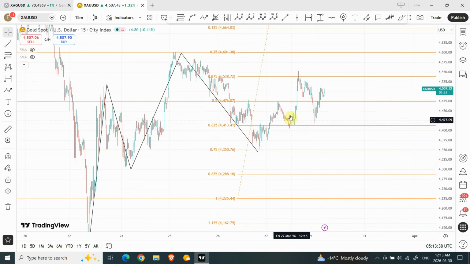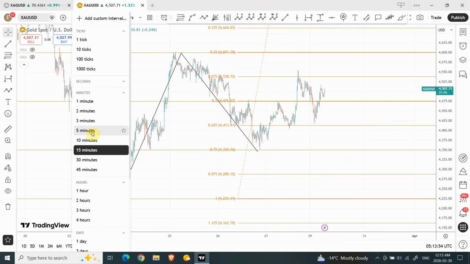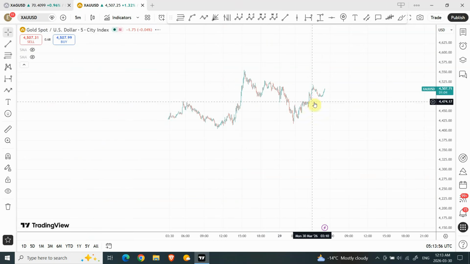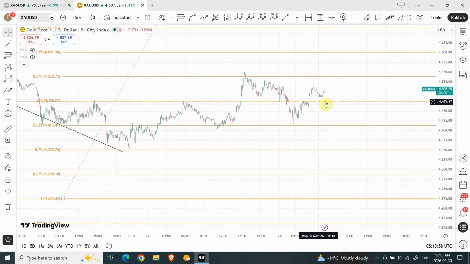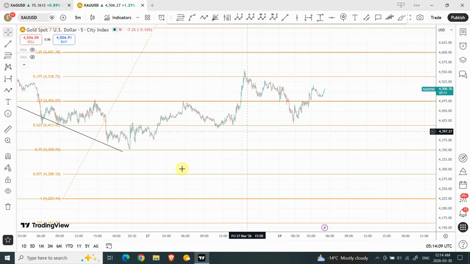So we can find right now the structure is occurring: a smaller degree wave push followed by an ABC structure. And right now, from the bounce right over here, prices have bounced up. On a 5 minute time frame, we are also seeing that prices are hovering above the support here. Yeah, we have a support line over here. So prices came down, retested, went up, came down again as well, retesting the same region. So that is also giving an indication that we are looking towards a bullish move right over here.